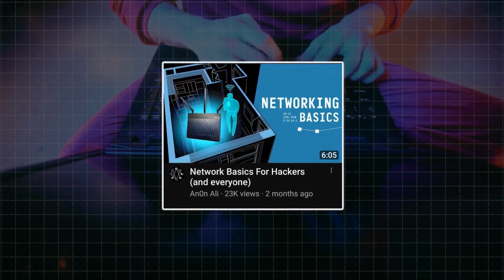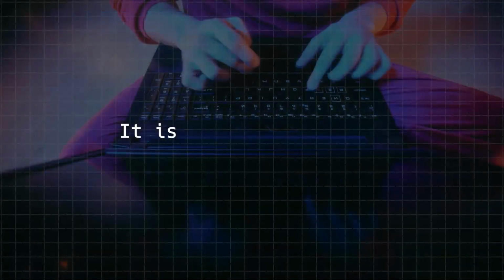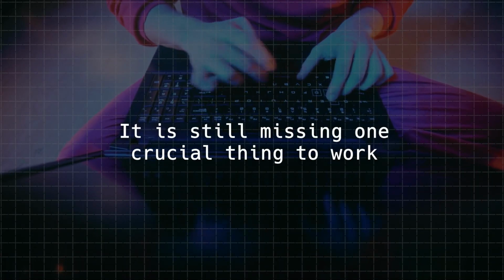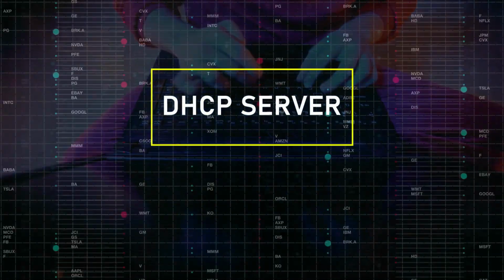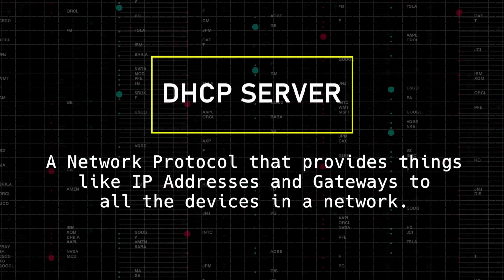Now if you've watched my video on networking basics for hackers, you'll know that while we've given a name to our network, it is still missing one crucial thing to work, and that one crucial thing is called a DHCP server. A DHCP server is a network protocol that provides things like IP addresses and gateways to all the